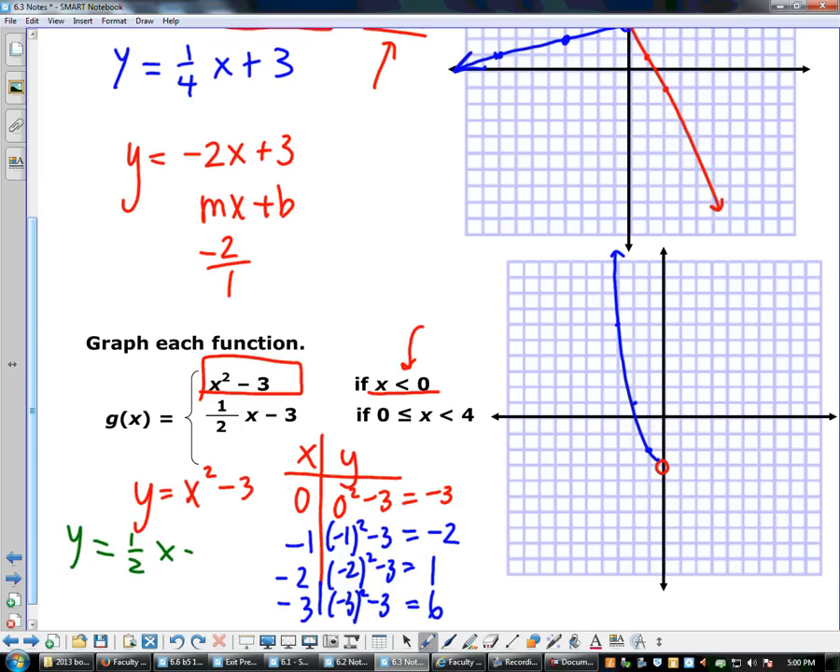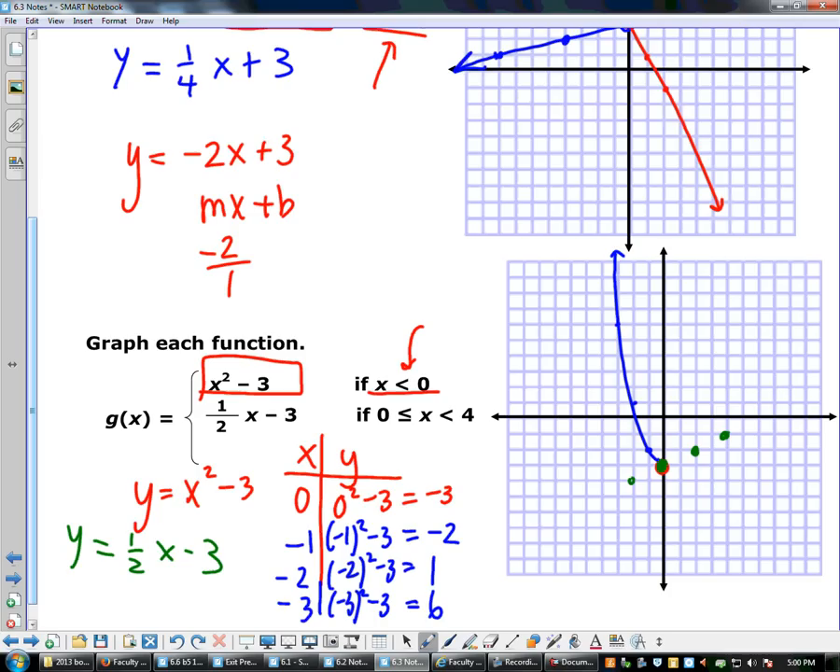Okay, and then to get the other part of the graph, we are using the equation y equals 1/2 x minus 3. So it's just going to be a linear function with the y-intercept at -3. So again, that y-intercept, that point at 0, -3 is filling in that hole from the first function. And we have a slope of 1/2. So we're going up 1 to the right 2, up 1 to the right 2,